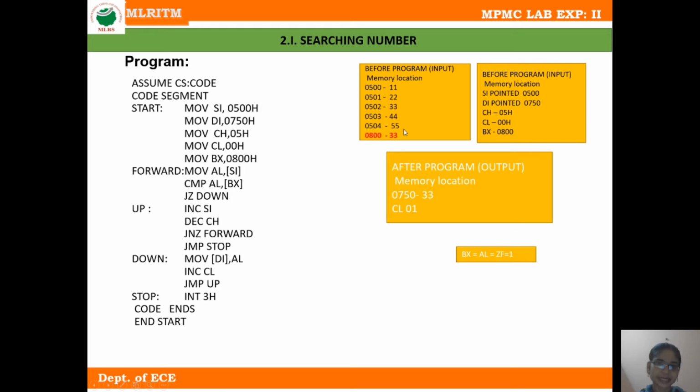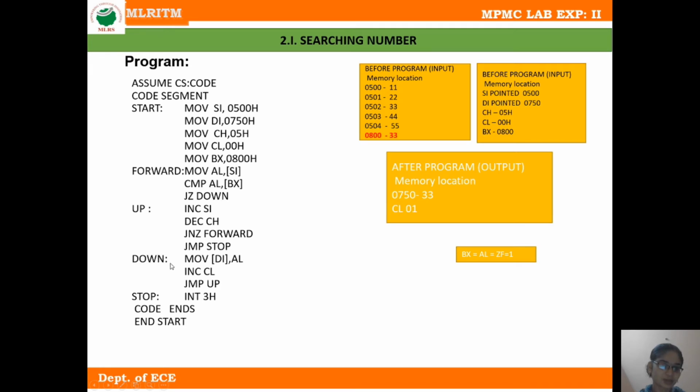So this 33 is compared with 33, and the comparison result will be 0. So this jump instruction is now followed because the zero flag is set, and the program jumps to the label down, which is present here.